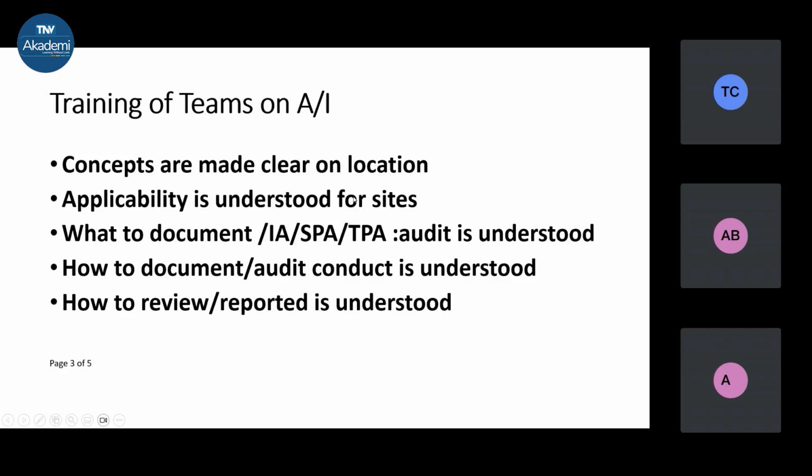Many organizations, depending upon their scope and activity, for example, a very clear example can be a construction activity. Construction activities will have different sites, site 1, site 2, site 3. There are installations also in case of machinery and equipment at times, where large installations are going on. Large designs and installation are interrelated at times. So if this is understood at the very beginning, then planning becomes simple, and further audit plan, audit selection and conduct of audit is clear with respect to the applicability of the sites.